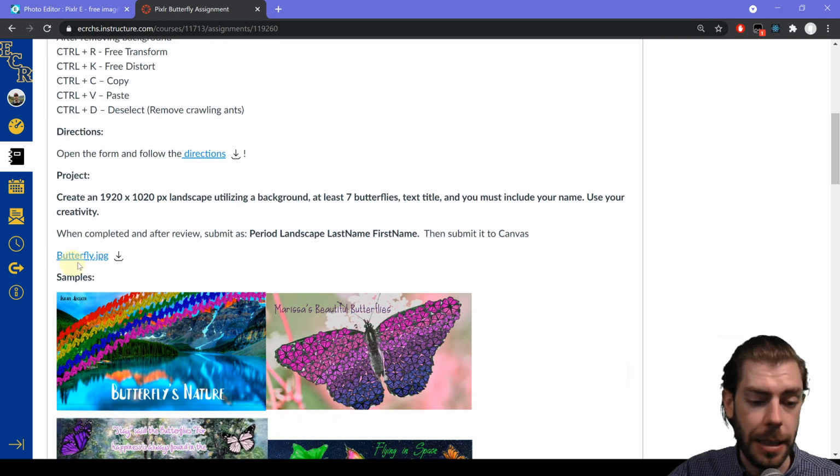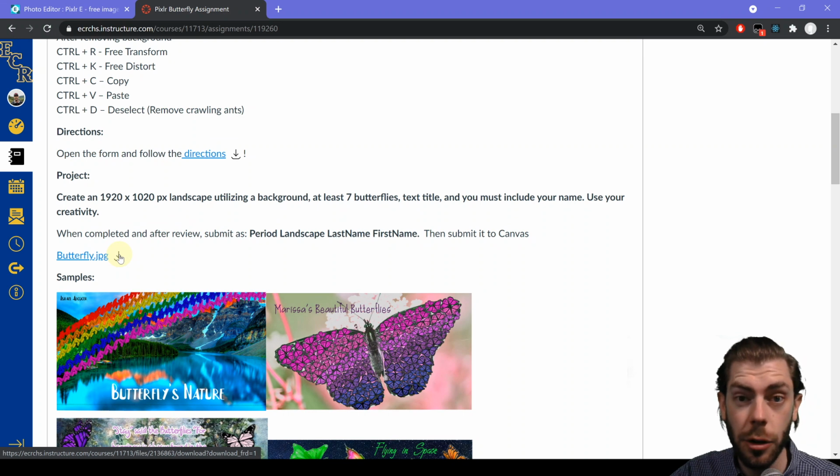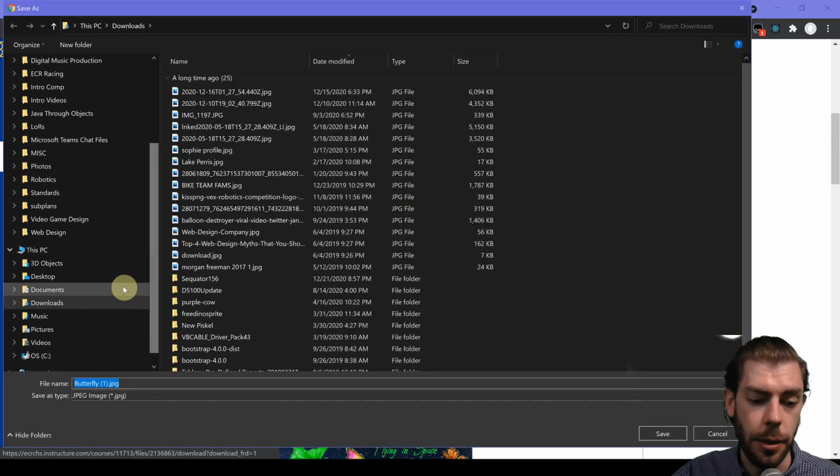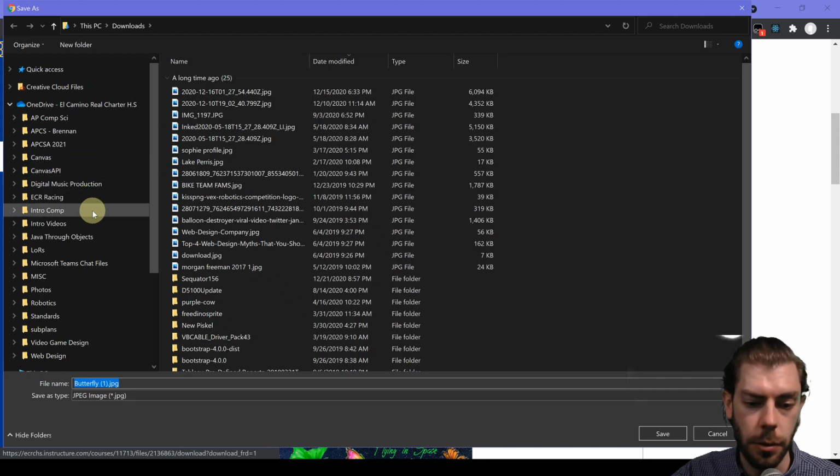First thing we're going to need to do is come down to this butterfly.jpg, and we're going to need to save this for our use on the assignment. You can use any butterfly, but this is going to be the easiest one for us to use, and it's going to be how I'm going to teach you. So we're going to find our intro comp